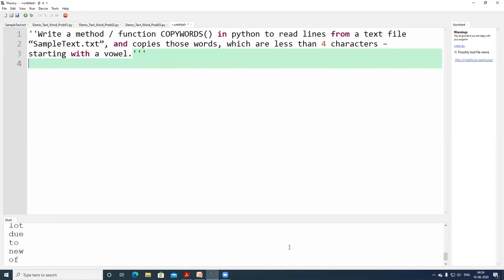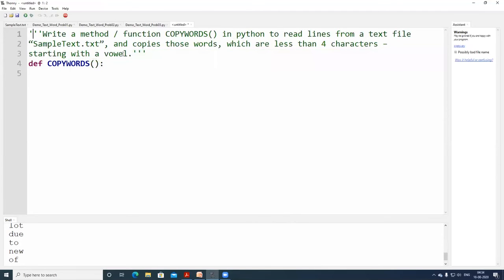Def, my function name is copy words. They are given in caps. Copy words. I should have triple quotes there, right? Copy words. Where is the data present? The data is present in sample.txt. I have to open it.